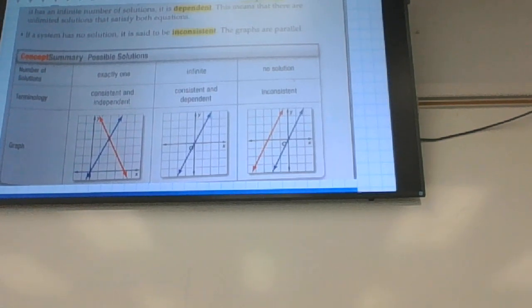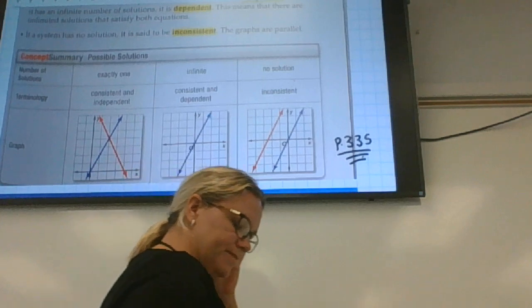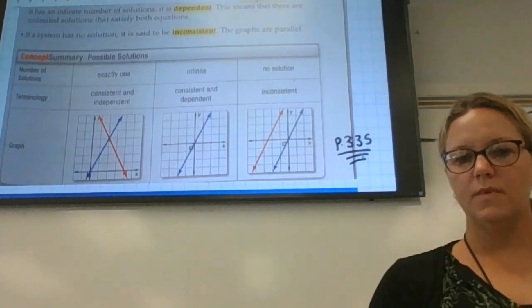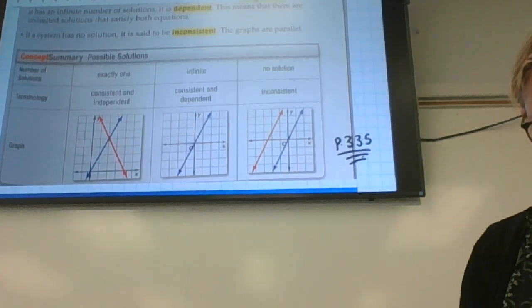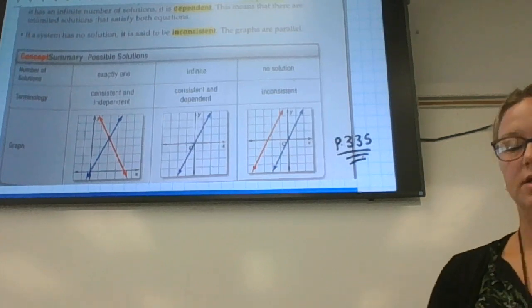So this is page 335 of your textbook. I will be emphasizing the vocabulary as we go through. So the one we just did, we would call consistent and independent because it has one solution. When you're done and you feel you understand the terminology,